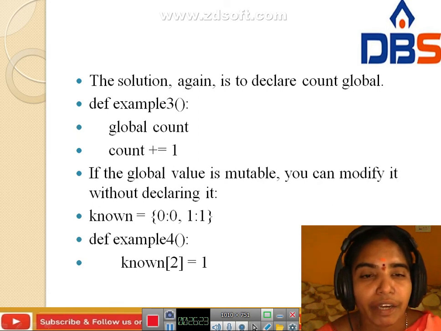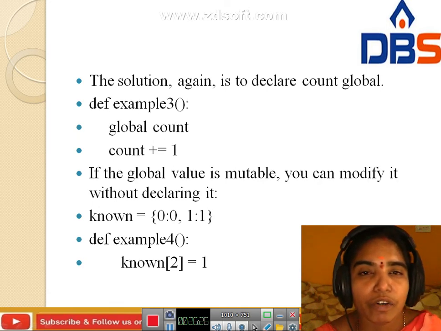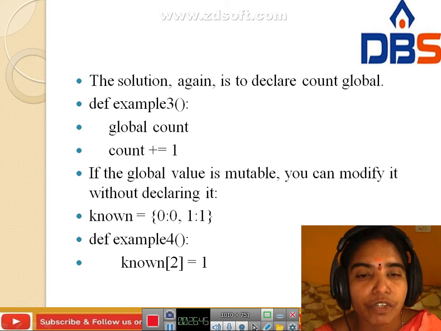The solution is to declare count global. Define example 3 with global count, then count plus equals 1. If the global value is mutable, we can modify it without declaring it. Example 4: known equals 0 maps to 0, 1 maps to 1.